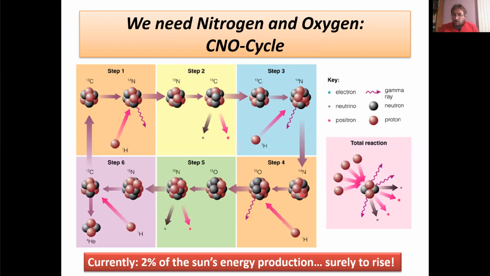So essentially, we have carbon working as a catalyst for this proton to helium reaction. It works better, produces the same amount, but a bit faster. That means the more carbon you have, the better it burns, the more energy the star produces. Now, of course, in the sun, slightly but surely, we enrich a bit of carbon already. The CNO cycle becomes more and more important. At the moment, it contributes 2%, but it's certainly going to rise. And then in 1.5 to 2 billion years, it makes basically the sun so hot that,